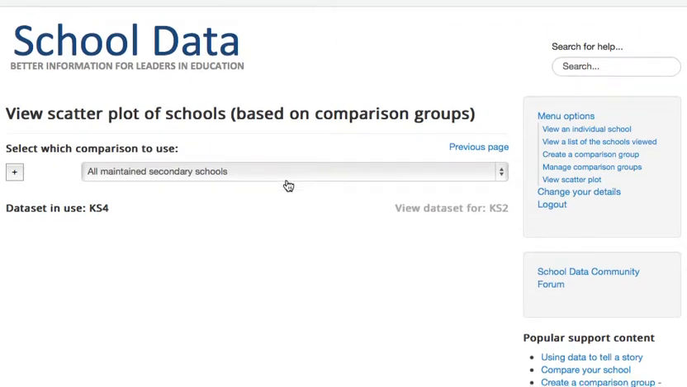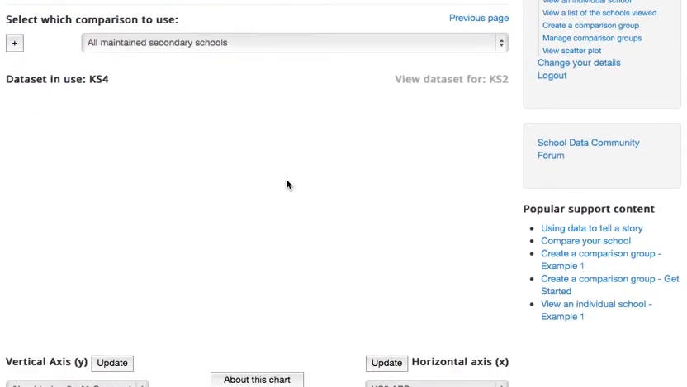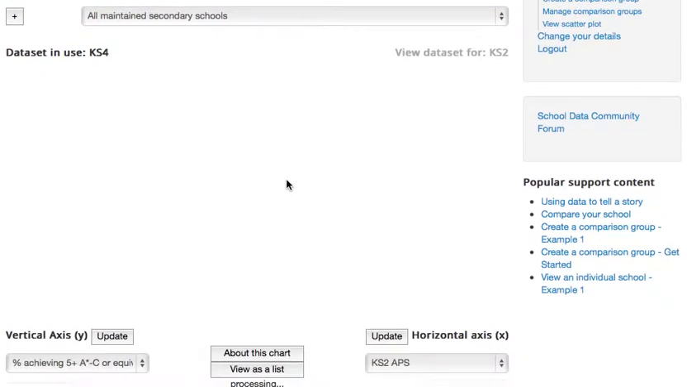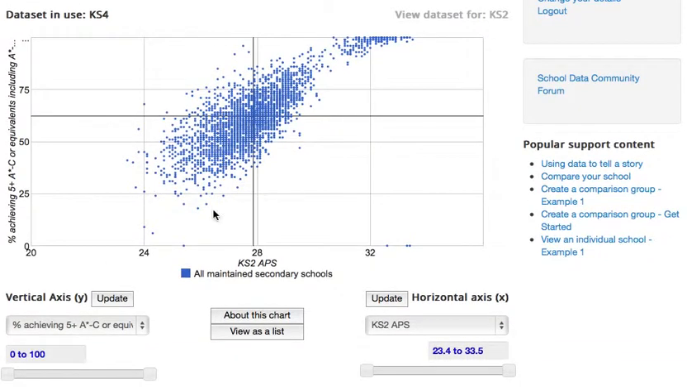Okay, and currently my scatter plot is showing all maintained secondary schools using the Key Stage 4 data set. Along the horizontal axis we've got average Key Stage 2 point score. Along the vertical we have the proportion achieving 5 or more. So I want to update my axes. To do this I click on update,